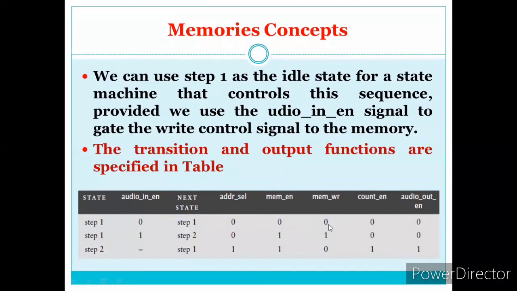Similarly, after performing that, it can go to the read enable there. So what happens is the enable is 1 already there. Take and don't care. So address is selected, memory is enabled still. Now read operation, because WR is 0. Count enable is made 1 and output is made 1. Clear? If you observe here, so this is the simple way of designing the finite state machine. This is control signal finite state machine, where it is controlling the operation of a memory there. Clear? So in this way, the memory can be designed.